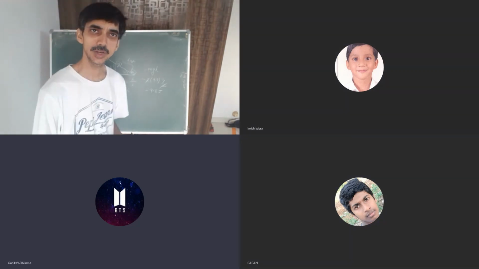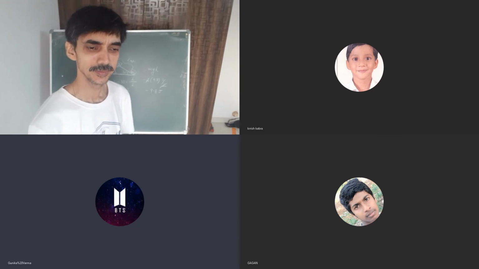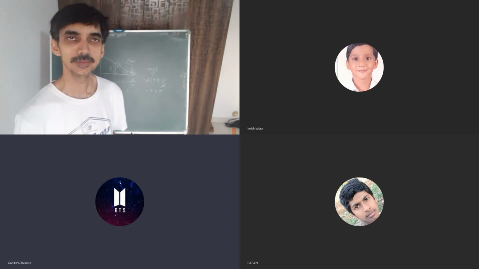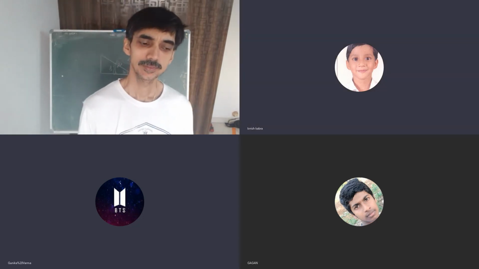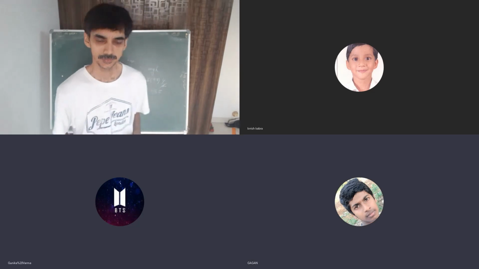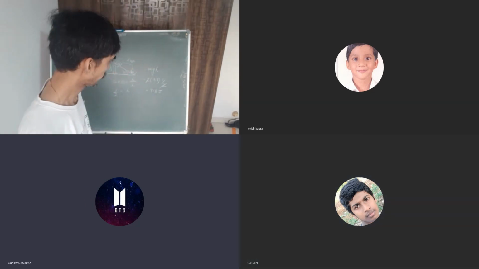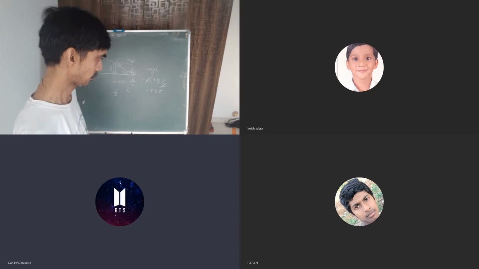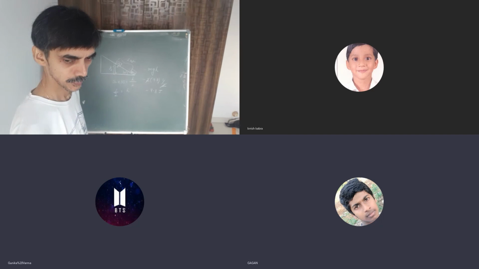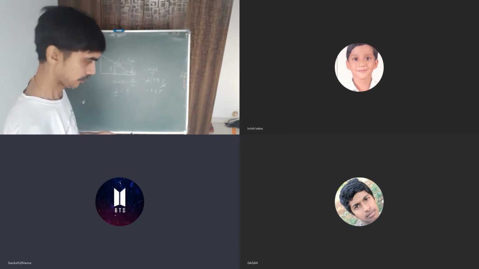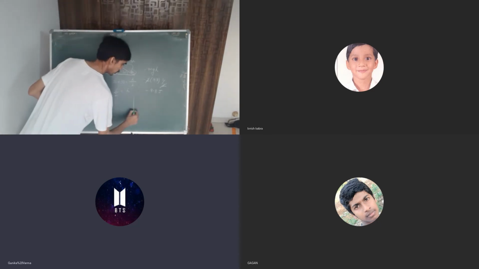So what was the confusion, sir? Why did you get confused? In the exam, I referred to one of the similar examples to solve this problem. The example is: a block of mass 1 kg slides down an inclined plane of inclination 30 degrees. Find the work done by the block's weight as it slides through 50 centimeter. So I found it somewhat similar and started calculating accordingly. Here they have taken 9.8 Newton into 0.5 meter into cos 60 degree.